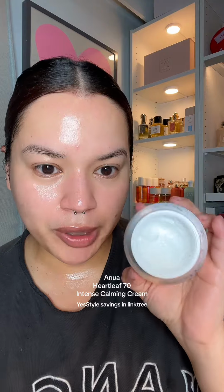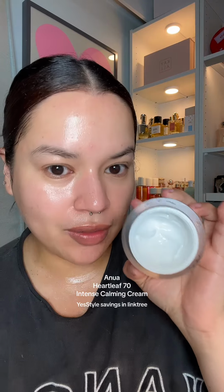For moisturizer, I'm going to use the Anua Heartleaf Intense Calming Cream. I'm also almost out of this one. I've been using this literally almost every single night, and I'm also not going to open up another one of these ones when I finish it because I want to try other moisturizers that I have, but I really like this one. It's a really rich, hydrating